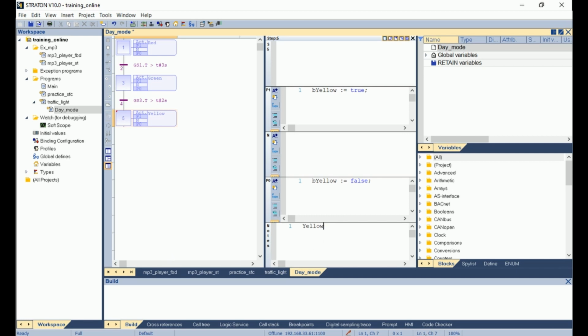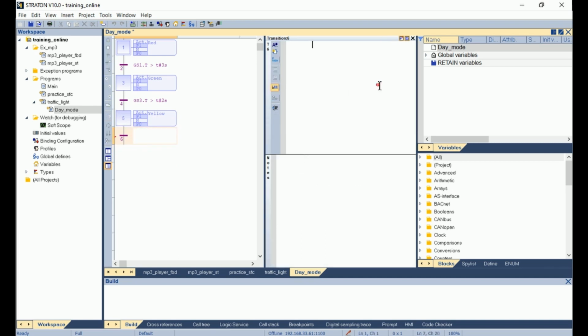We leave this step active for 1 second. So I add a transition with T with the condition GS5.T greater than T 1 second.